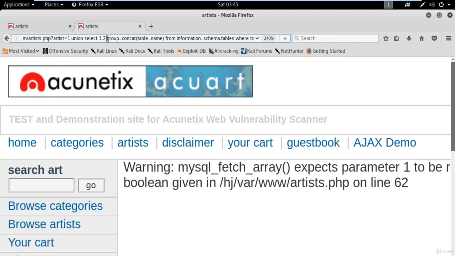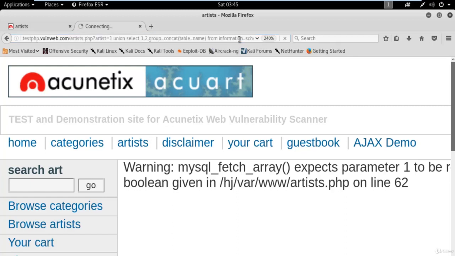So I have replaced 3 with this command. The command gathers information about the table names: group underscore concat table name from information schema dot tables where table underscore schema equals database dash dash. This is the command to get the table names from the database.